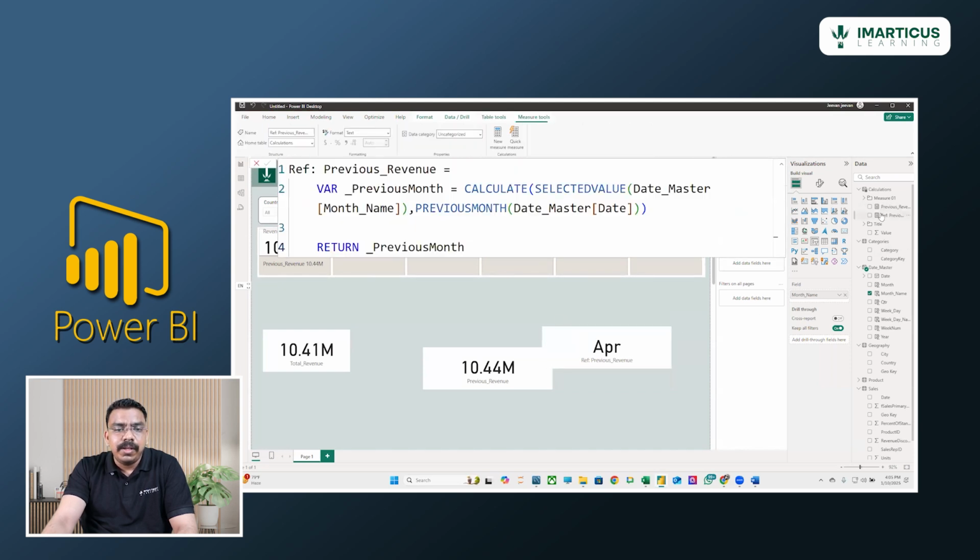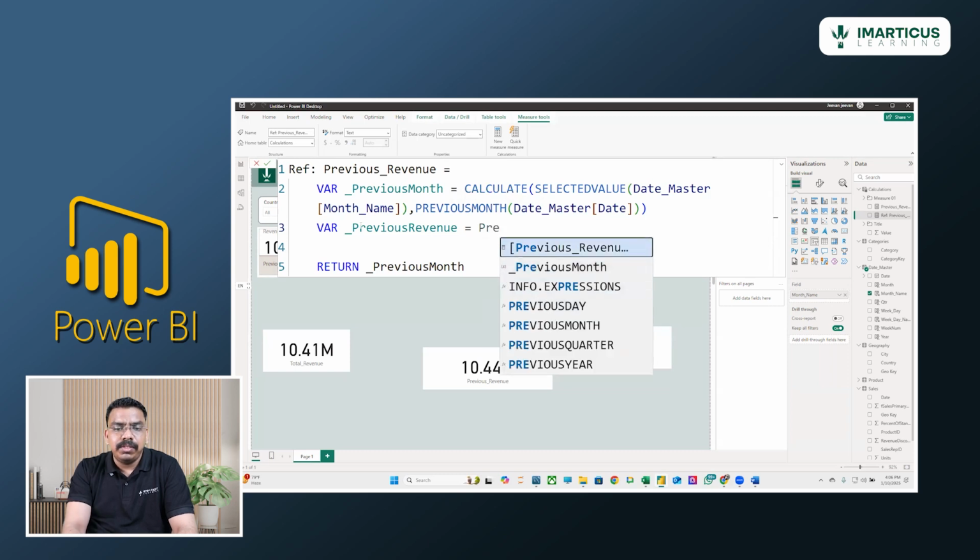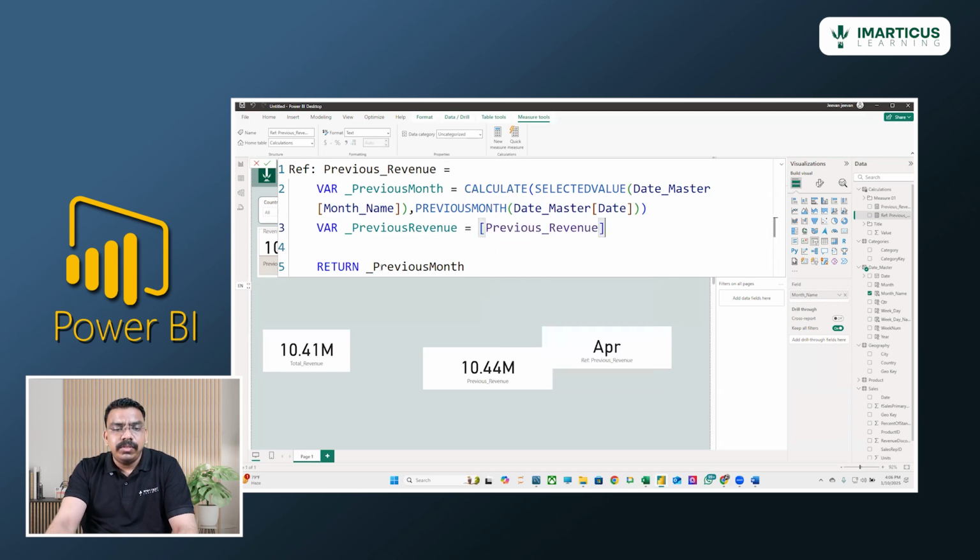That's good. Now again, I will go to this particular reference previous month. So what I will do, I will add a new variable now. So the new variable name as _previous revenue is equals to, already I have created a previous revenue. I will print the same thing, previous revenue, right? So now let me write a condition, IF